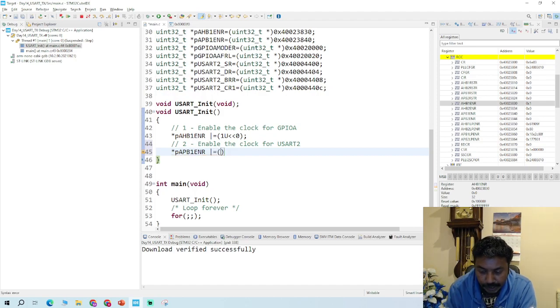You need to enable this, the 1U, and you need to shift 17 times. I'll tell you why 17 times. Just one sec, so save for now. So you're trying to enable this. So go back to the